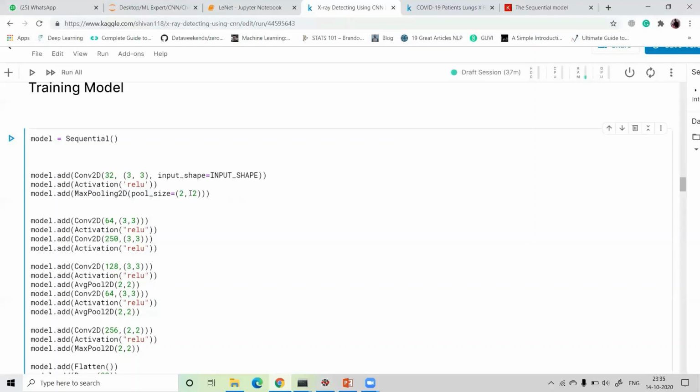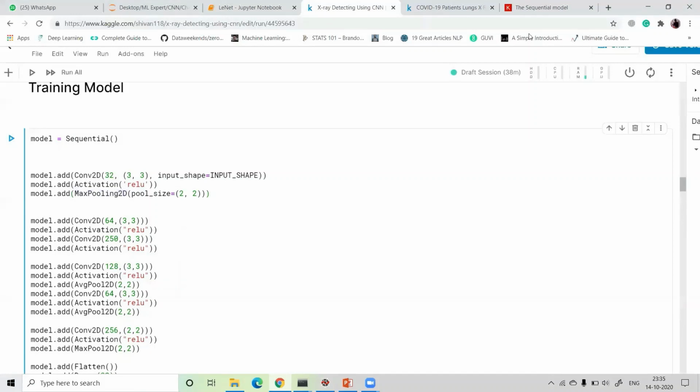You can use any other activation function like sigmoid, and you can also change the max pooling to average pooling or other pooling. Okay, it's totally up to you, because guys this is the trial and error method. You can use different things, and you can check your training accuracy as well as the test accuracy.